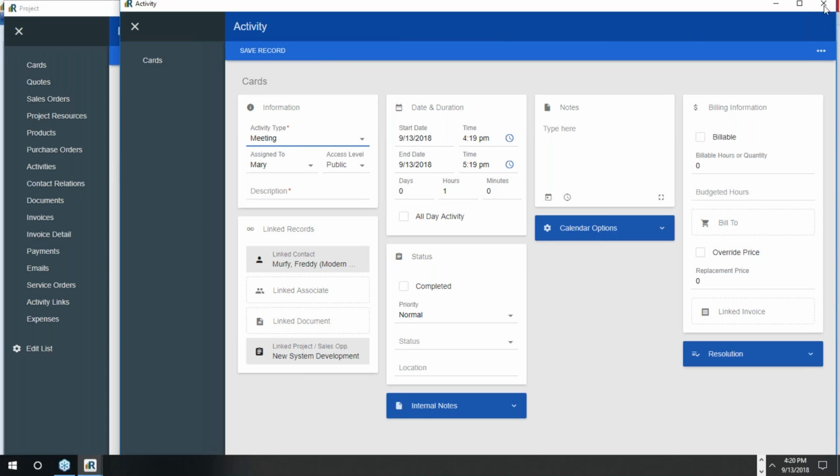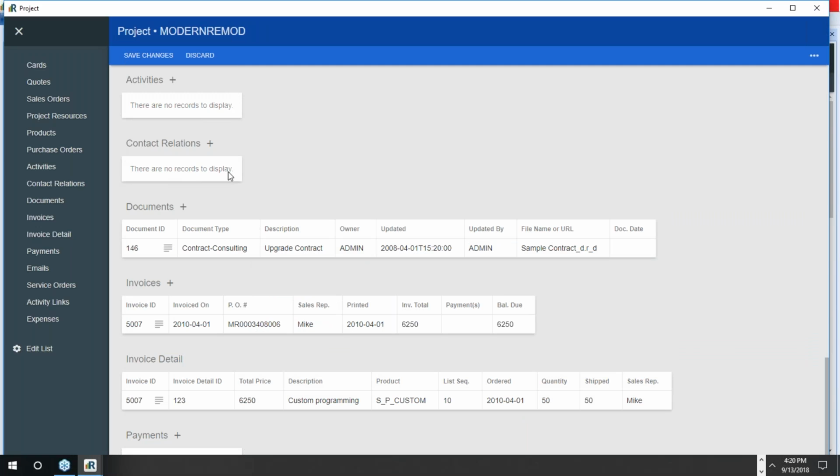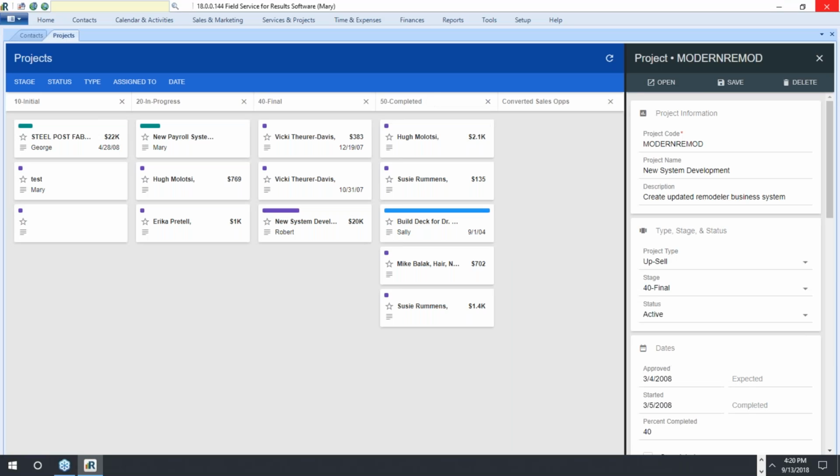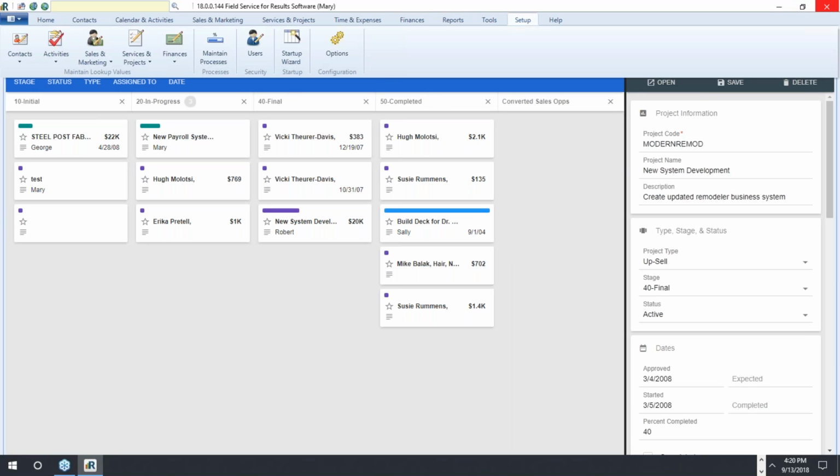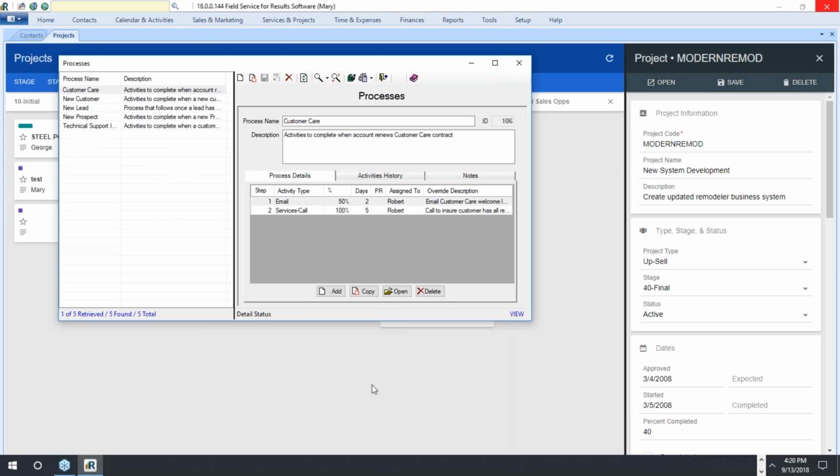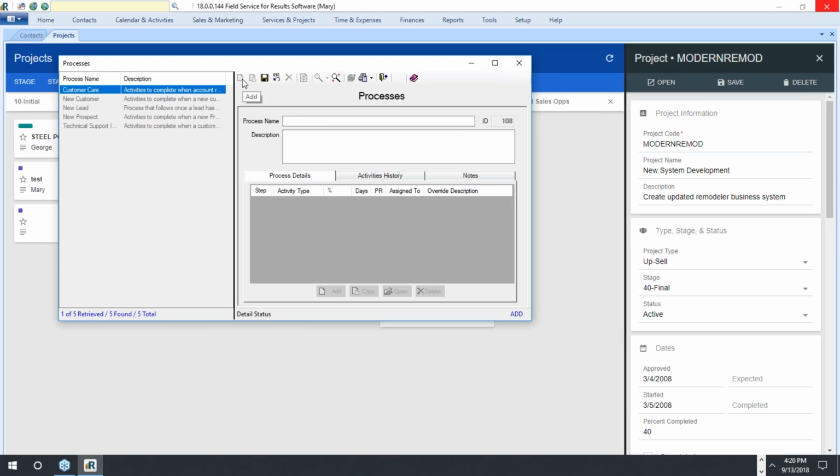So I could manually add them, or since we do those on a regular basis as part of the completion, let's do this together in a different way. Let's actually exit from here. We're going to go to the setup. We're going to go to the maintain processes. We're going to create a brand new process from scratch together. So we're going to click here. We click on the add menu. And in this case, we're going to refer to this as a project